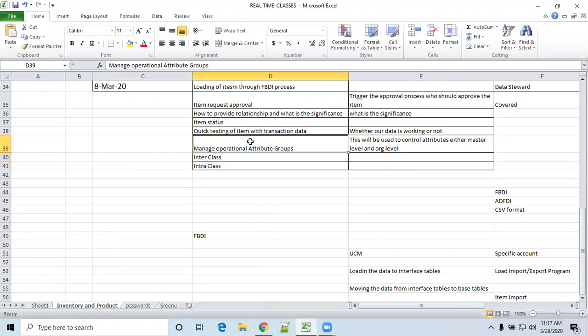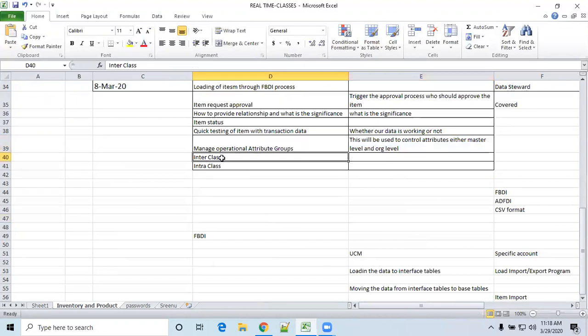I will show where these options are, and the purpose of these operational attribute groups, which are mostly used on the manufacturing side. When you are designing the particular item, then they will go for these operational attribute groups. As far as SCM is concerned, we are only targeting how to receive the goods and how to supply to the customers. These areas we are targeting more, so operational attributes do not have much impact on SCM. They have more impact on the manufacturing side.